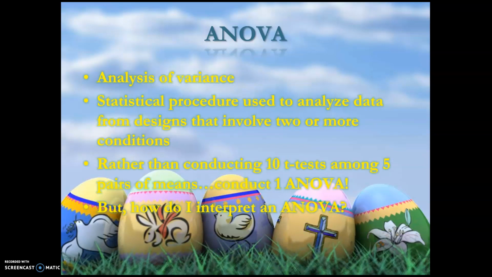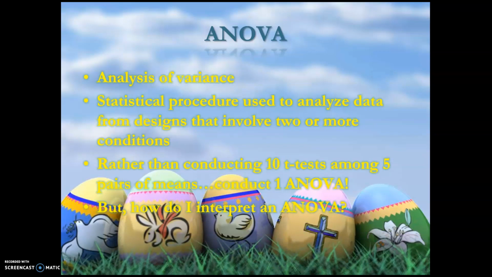What we can do instead is run one single analysis of variance. And what that allows us to do is say, okay, is there a significant difference, or more specifically, the term we would use is, is there a significant main effect of year in college on GPA? So in a single ANOVA, I can compare the GPAs of freshmen, sophomores, juniors, and seniors simultaneously with only one test, instead of the litany of t-tests that we would need to do the same kind of analysis. So it's a really effective tool for examining multiple comparisons at the same time, and thereby not reducing the overall